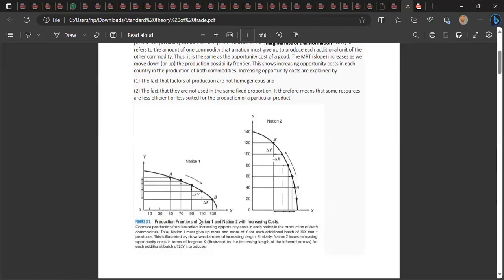Hence, they can produce more of that. The labor in nation 2 is more suited to the production of Y than X. So this is just in terms of labor. But later we are going to be assuming both capital and labor, right? I think we also spoke about that briefly in the first assignment. So we are going to be looking at that